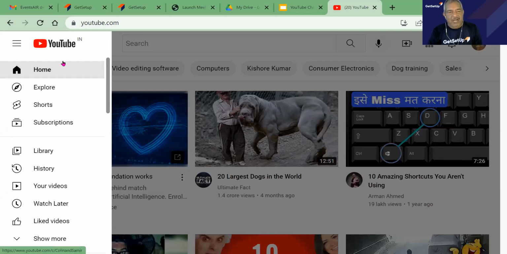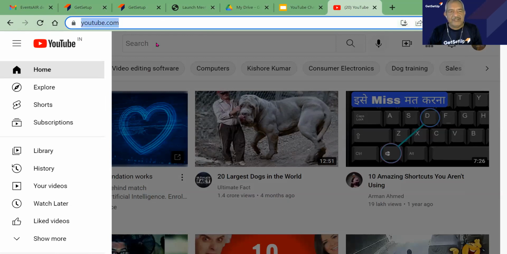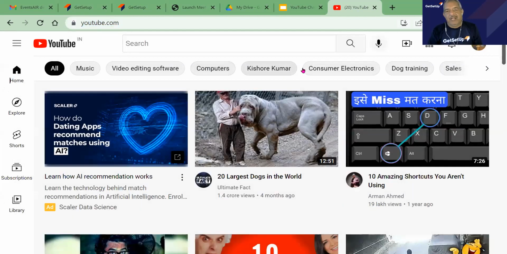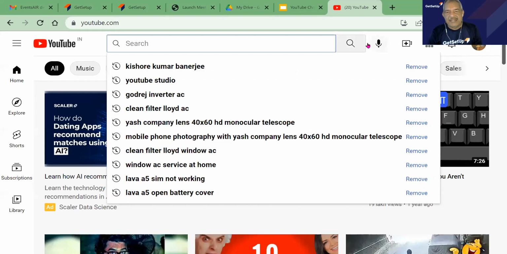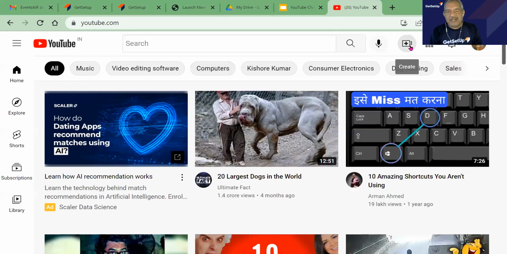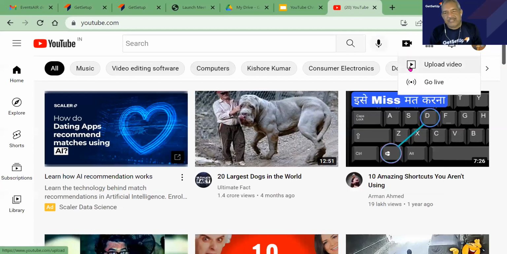First things first, if we need to upload a video, straight from this location itself, where YouTube IN is, there is the search option, the voice command, and then this projector kind of a thing. We click on this projector, and we get both these options: upload video or go live.